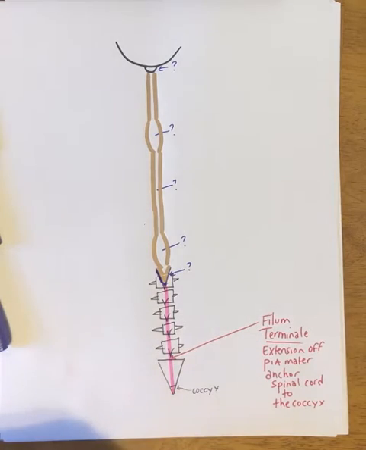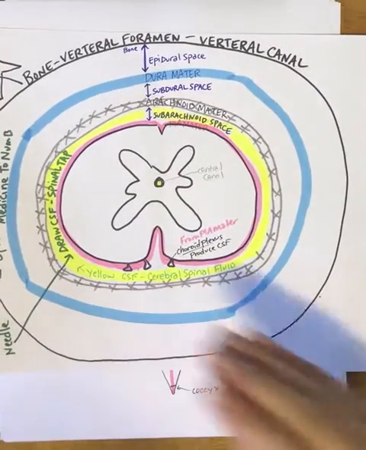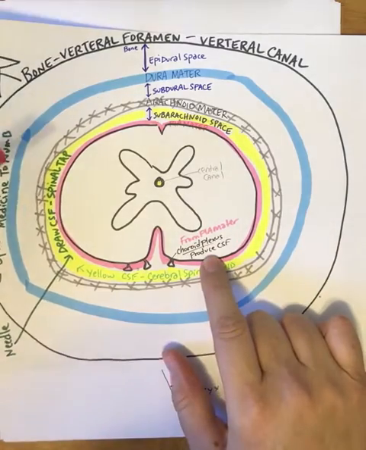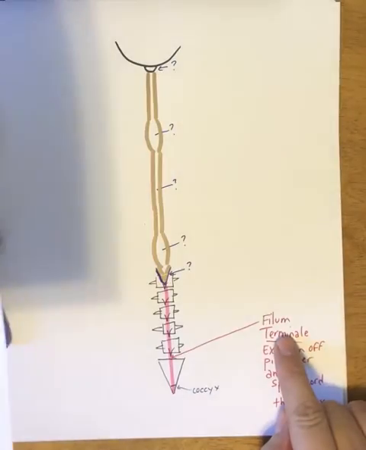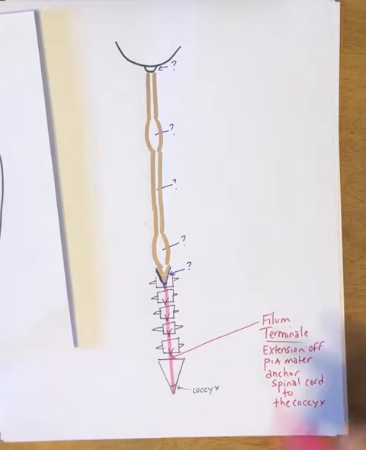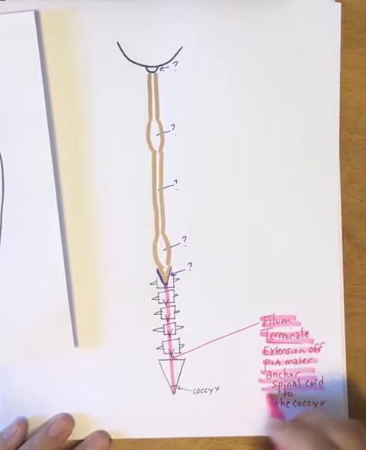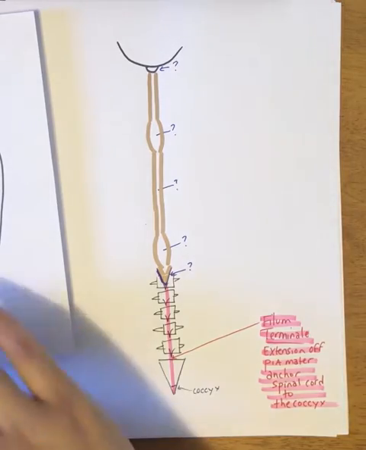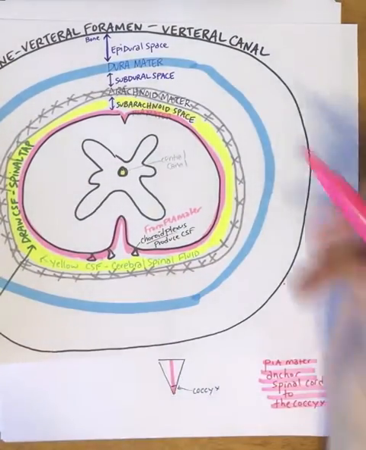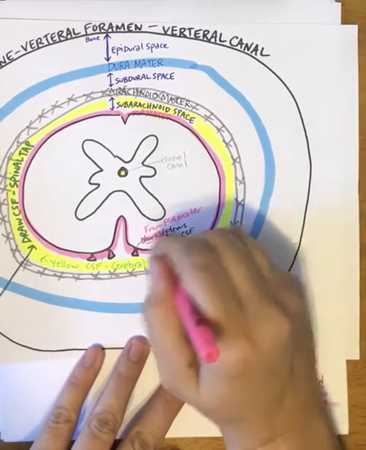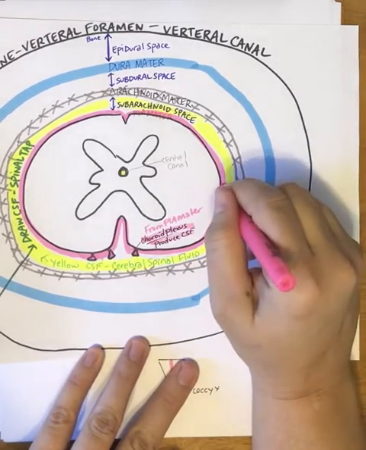Now, another extension that comes off of the pia mater, you can see in this view. So your pia mater has 3 extensions. The choroid plexus, which produces CSF, the filum terminale, which comes off of the pia mater. But when you're looking at it from a cross-section view, coming off the pia mater, so we can actually highlight these. Coming off the pia mater,